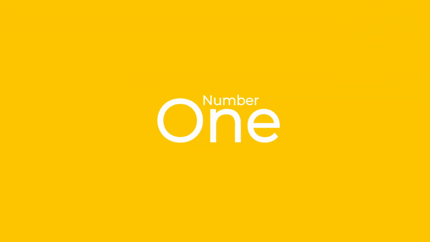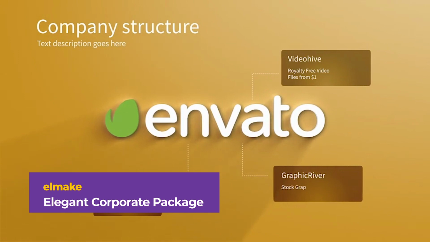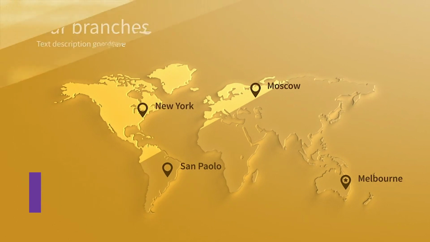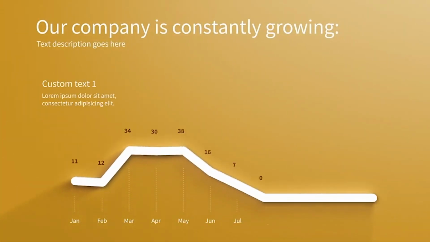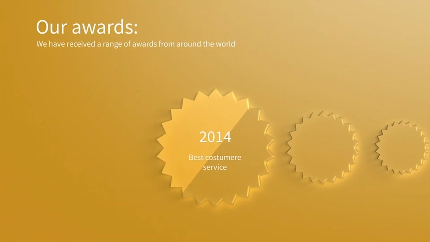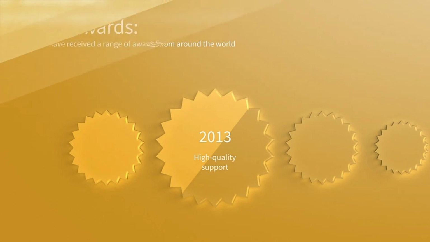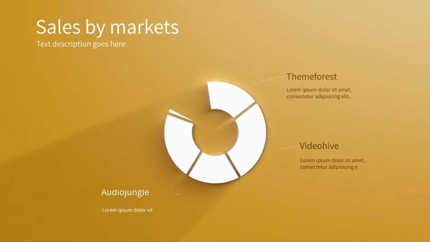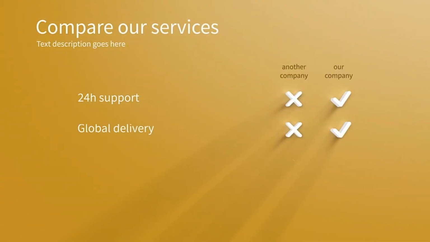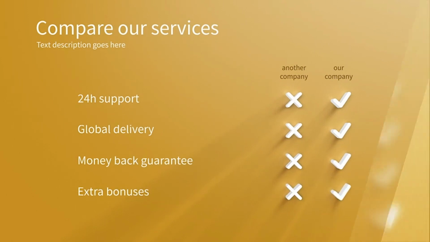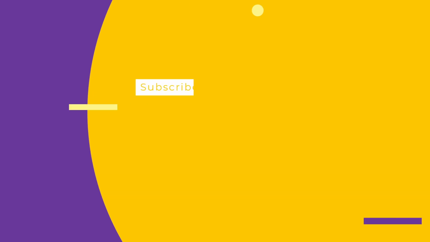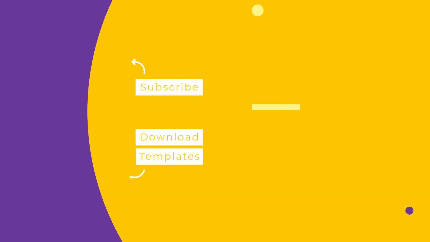Number 1. Finally, Elegant Corporate Package by Elmake is a gorgeously constructed template pack that can show off your company and its results. It features a collection of infographics, graphs, logo intros, titles, animated icons, photo slideshows, and lower thirds. It's colorful, smooth, and sophisticated in its style, featuring a beautiful embossed shadow effect. It all helps attract the eye and tie in your footage and statistics seamlessly, making you and your business look professional. And that wraps up our list of the 10 best animated infographic templates of 2020.